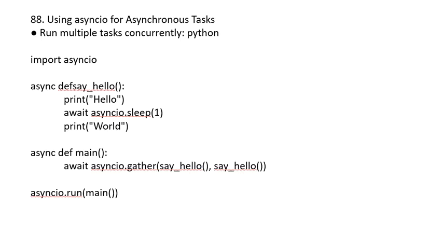And 89 is using flask-cors for the cross-origin resource settings and allowing CORS in the Flask apps in Python. So we use it as from flask import Flask and from flask_cors import CORS, and app equals Flask(__name__), CORS(app), and @app.route('/data', methods=['GET'